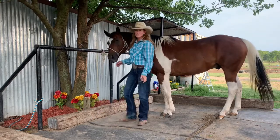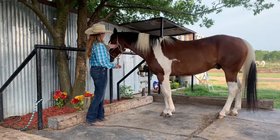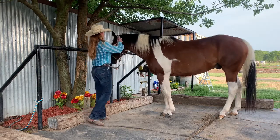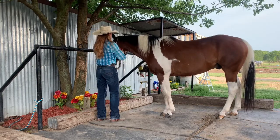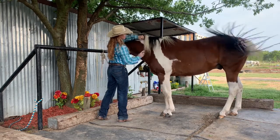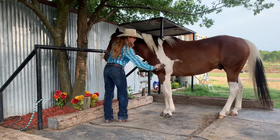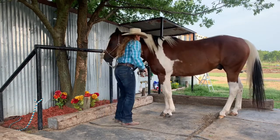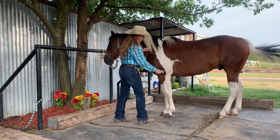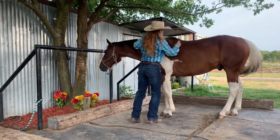With this video, I will be going over the steps of how to groom properly. Starting off with loosely holding the side of the halter to brush the neck, and then holding the mane out of the way with my opposite hand, moving down the neck with long, firm strokes with a slight flick at the end, down the chest and the shoulder, withers,